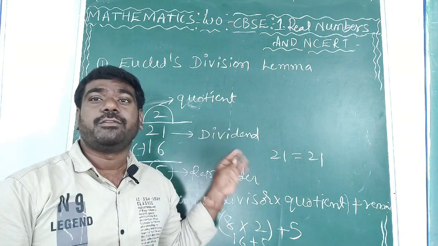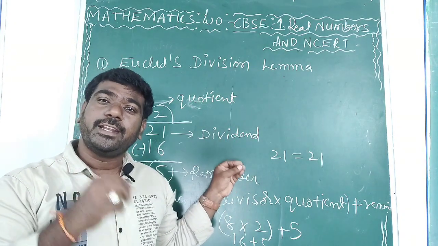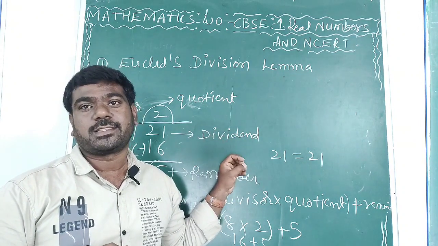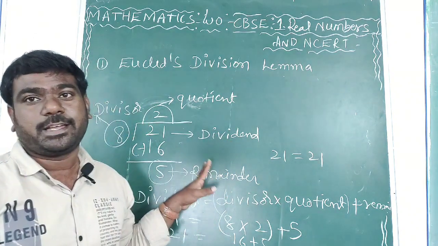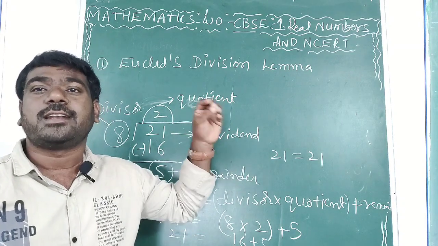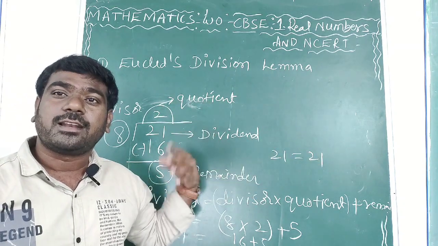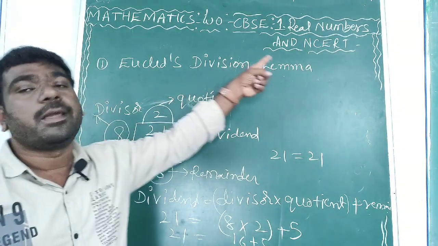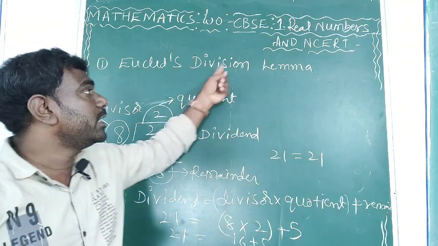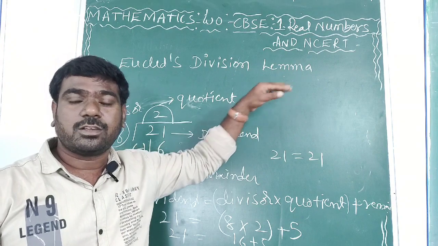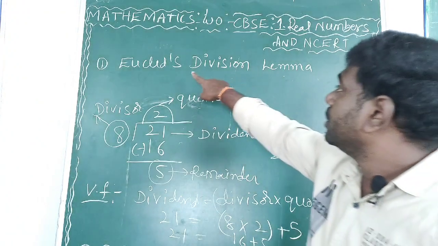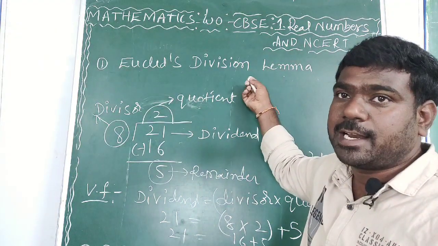Already this division we know, we have learned, we did in so many problems based on division. We know perfect divisions. So why I am explaining here means, this division process we can generalize as Euclid division lemma. What is that? Same process, how can I write? We can generalize this one. See, Euclid division lemma means how I can generalize.